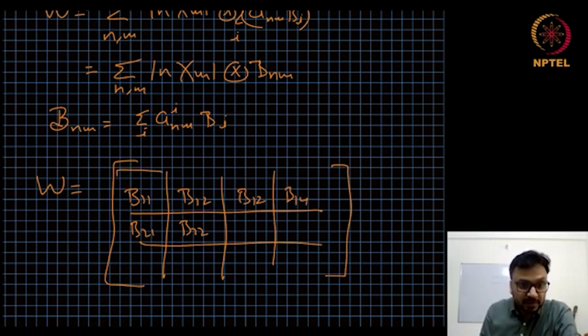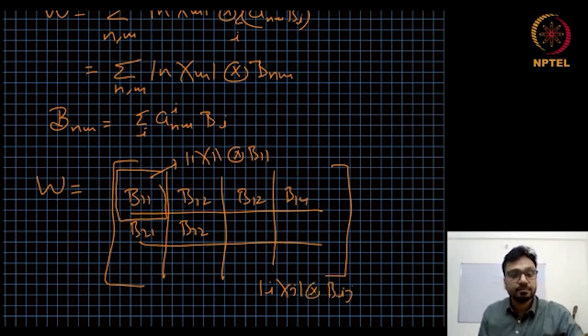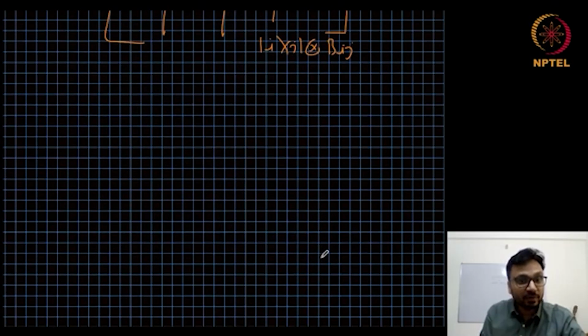So this block, if we write just alone this block, it will be |1⟩⟨1| tensor B11. Similarly, the ijth block will be |i⟩⟨j| tensor Bij. So it means an arbitrary operator W can be written as the collection of the block tensor, the block matrix. So going back to our E